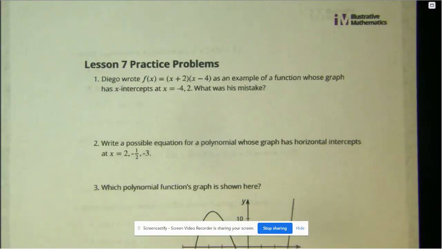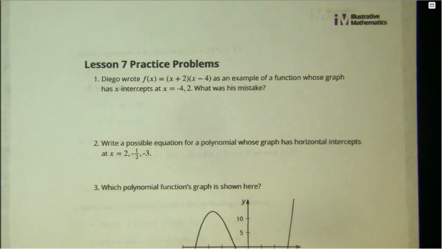I'm going to be doing the lesson 7 practice problems. Diego wrote f of x equals x plus 2 times x minus 4 as an example of a function whose graph has x-intercepts at x equals negative 4 and 2. What was his mistake? You could think of this either way, but if the graph touches